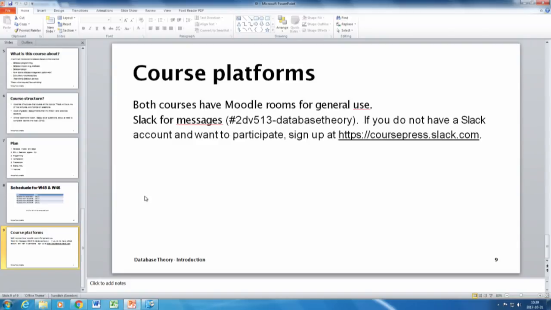I will not use Moodle for talking to you in terms of text or messaging. I will use Slack for that. So I want you to register for Slack and use the channel 2DB513 database theory.